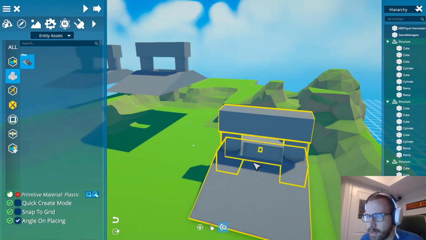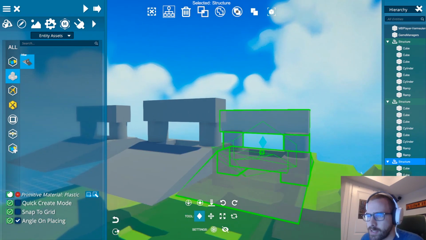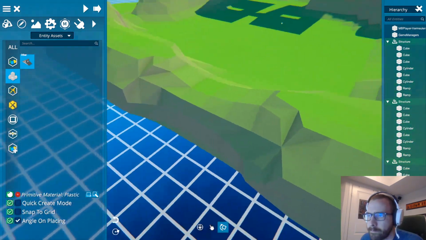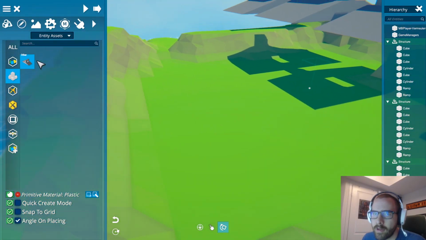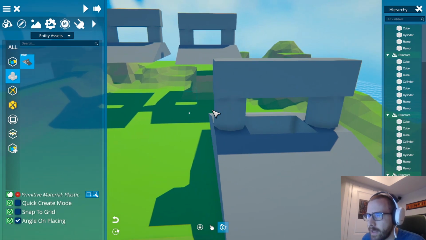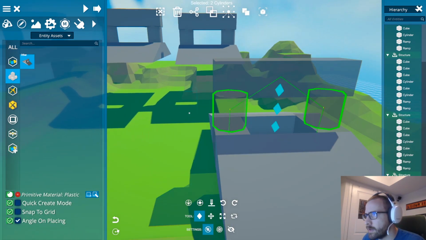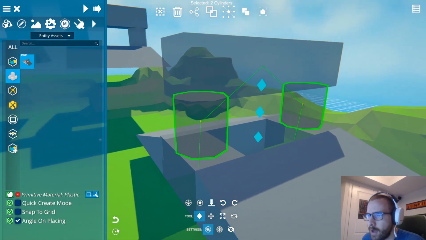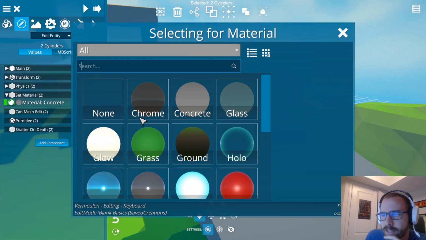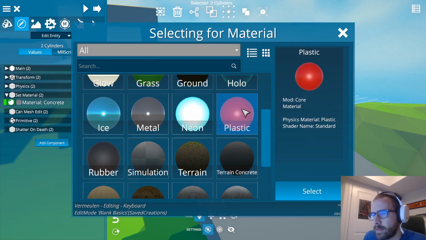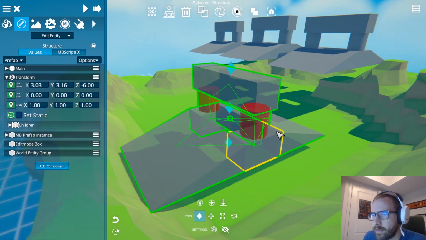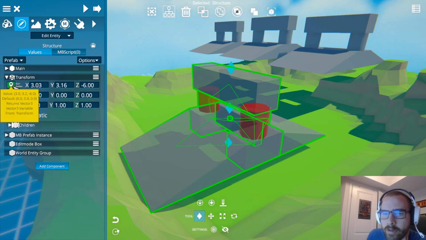So just like in Unity, I can make changes and apply those changes to these structures. Where am I going to do this? Okay, I'll just do this right here. So I'll place this again, and in this structure, I'll close this hierarchy because I don't need it. I'll edit these two pillars, and I'll go set material. Let's change it to plastic. So now that those materials are plastic, I can select this entity again, and in its prefab window, because this